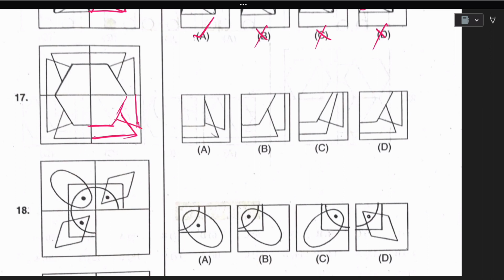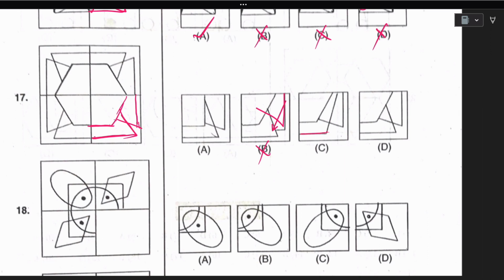Okay, so this is the correct figure. So we will be checking for the same from here. Okay, and the correct answer is here. This one is there, but this is somewhat straight, but we don't want it like this. We want something like this, right? So we'll eliminate B, and then